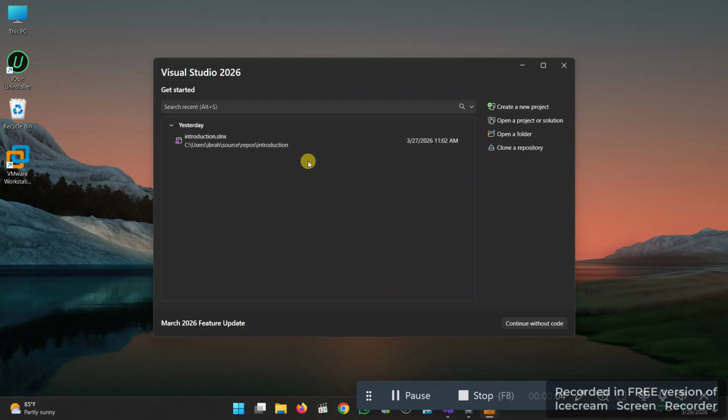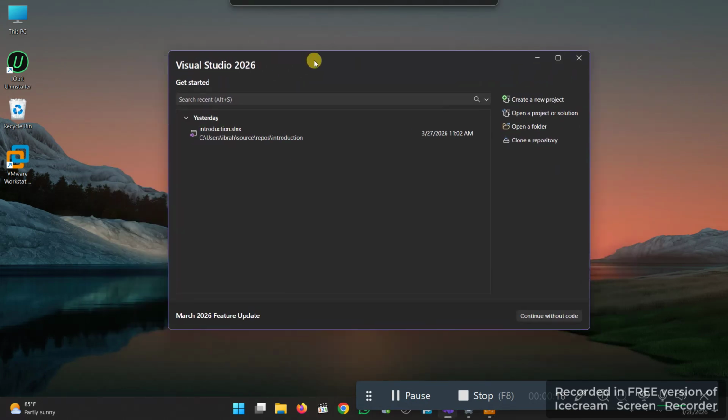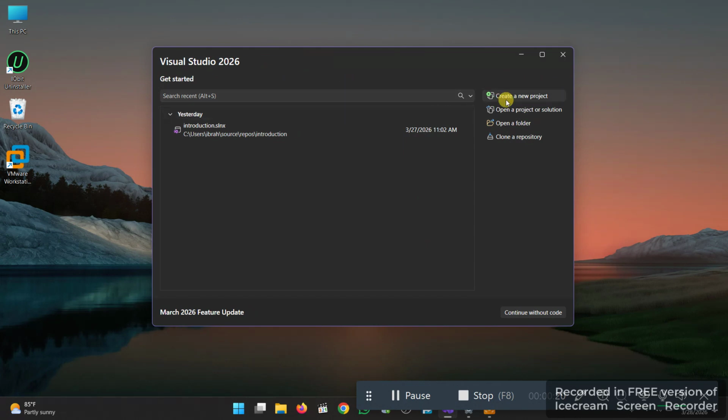Now today we are going to look at how we can create our first VB application. This is a tutorial covering from the basics to advanced, but this is the initial beginning. So to start with, you open your Visual Studio, and then you go to create new project. So your version can be the same as this. It can also be different, but it will have this link. You click on it,